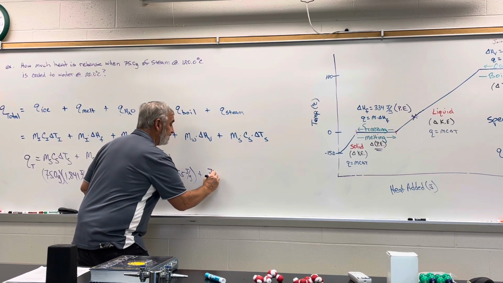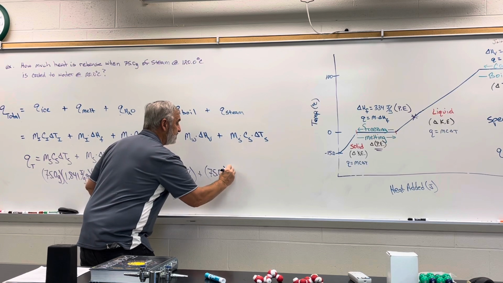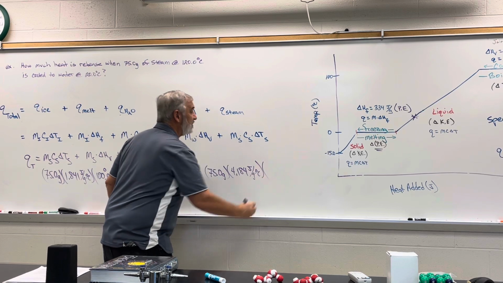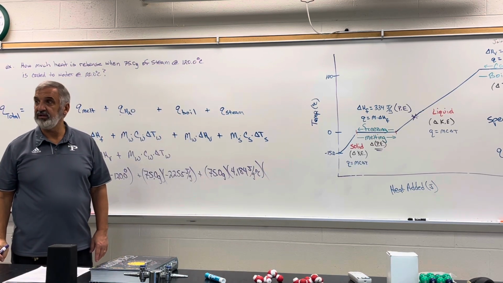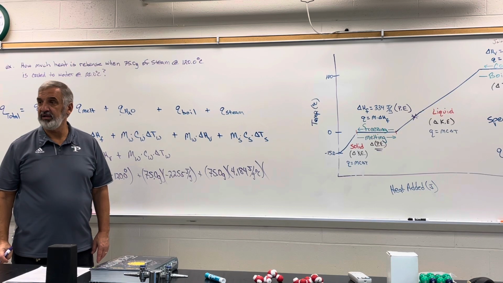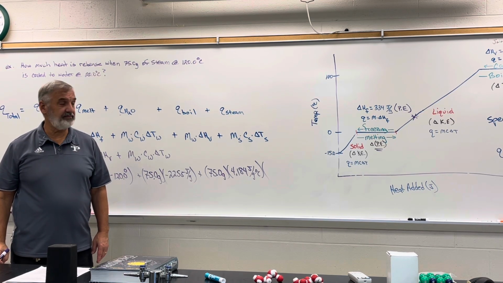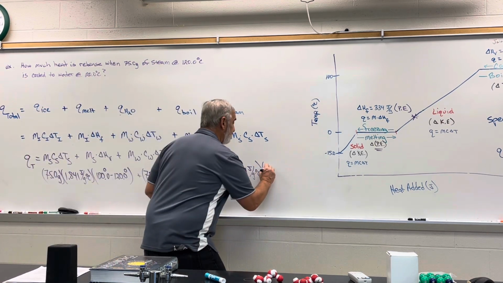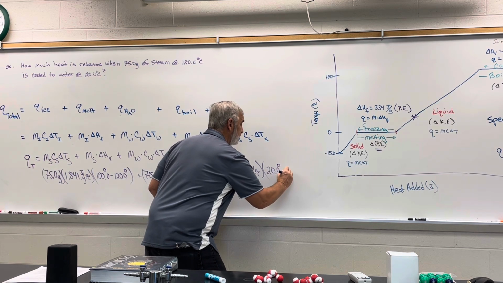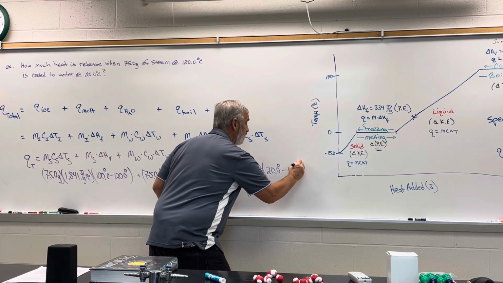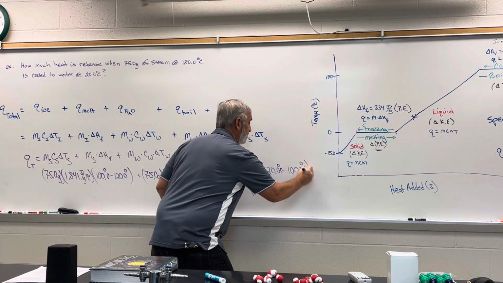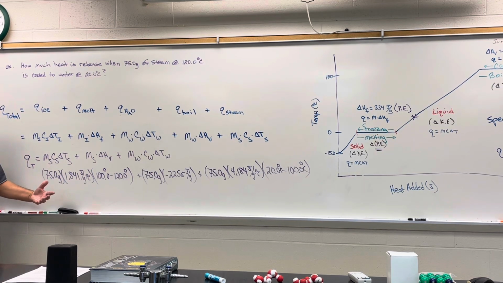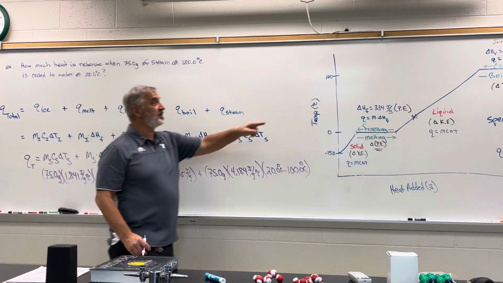So now it's the 75 grams of water times the specific heat of water, 4.184 joules per gram degree Celsius. And then what's my change in temperature of the water? Negative 80. And how do we get that? What subtracts what? 20 degrees, the final temperature, minus 100, the initial temperature. Okay? So now notice that every term is going to be negative. A negative, a negative, and a negative,